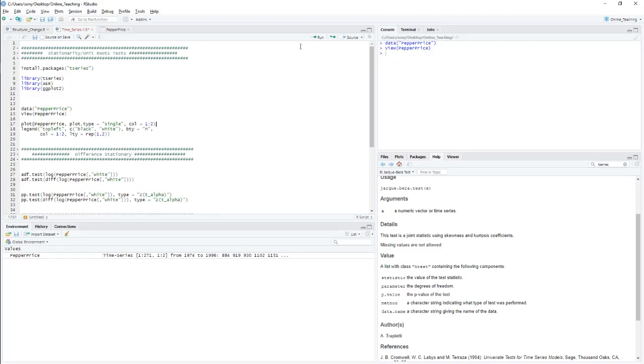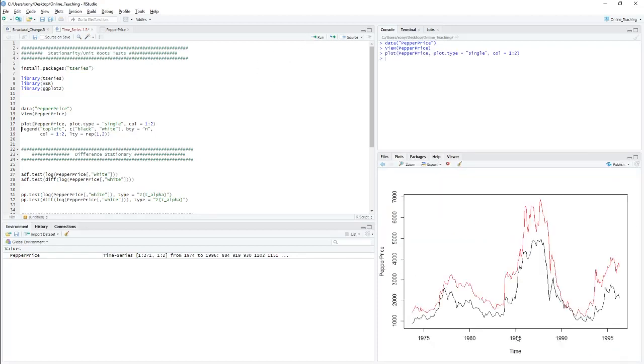If you run it, you will get this plot, and when I type the legend, you will see black paper and white paper. We can get a rough idea from the data. After plotting the data, we can say whether it is stationary or non-stationary.